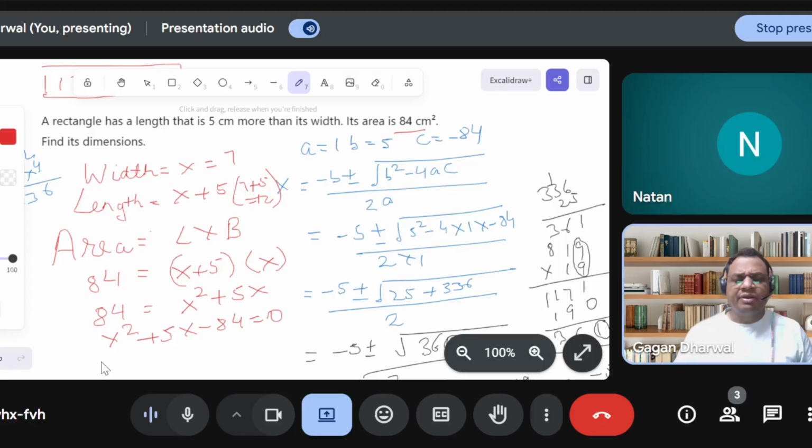This is a quadratic equation. Now we compared it with the standard quadratic equation, which is ax square plus bx plus c equal to 0, right? And we got the values of a, b, and c. Now we input those values in the quadratic formula, which is x equal to minus b plus minus square root of b square minus 4ac upon 2a. So once we input the values into it, we got the value of x as